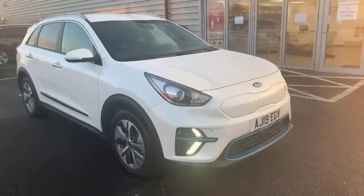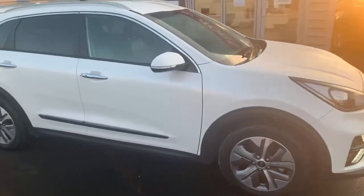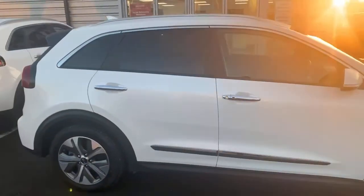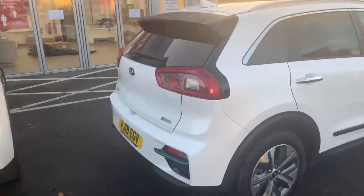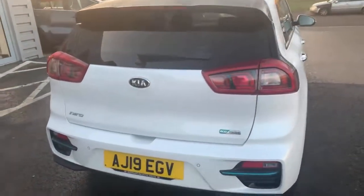Hello there, welcome to the Kia eNiro First Edition. This particular model was the initial launch model for the eNiro. It's very similar to the current eNiro 3. This is the first spec that was initially released, so all the technology that was available for the